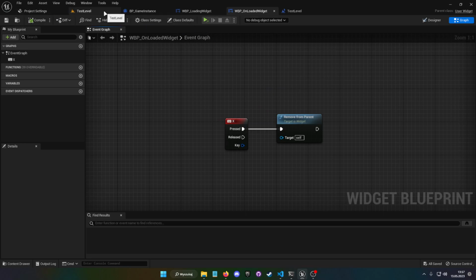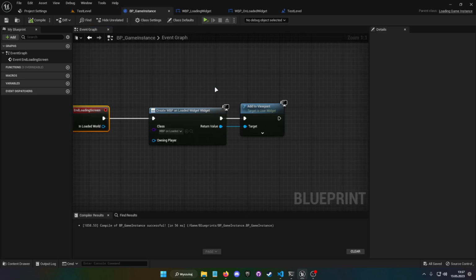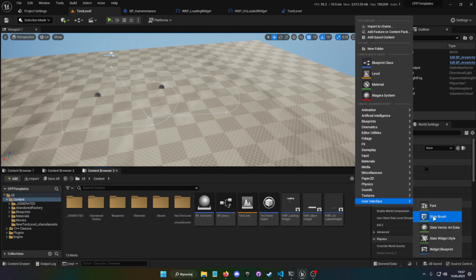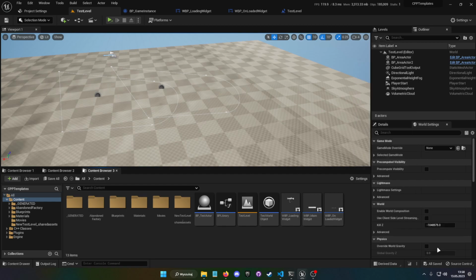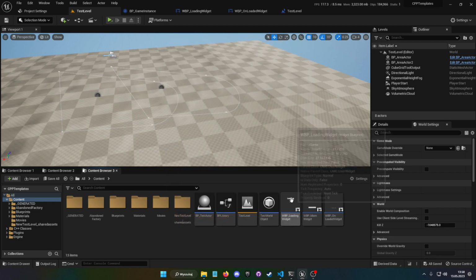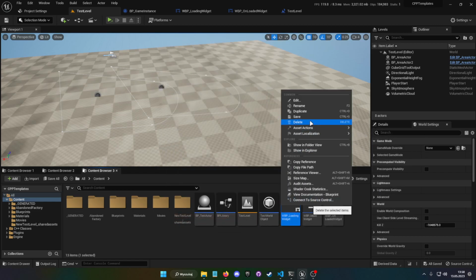And last thing, it's just stretching a bit, experimenting, and I didn't test it before, so I'm gonna test it right now. Let's make another widget. Let's duplicate the loading widget.